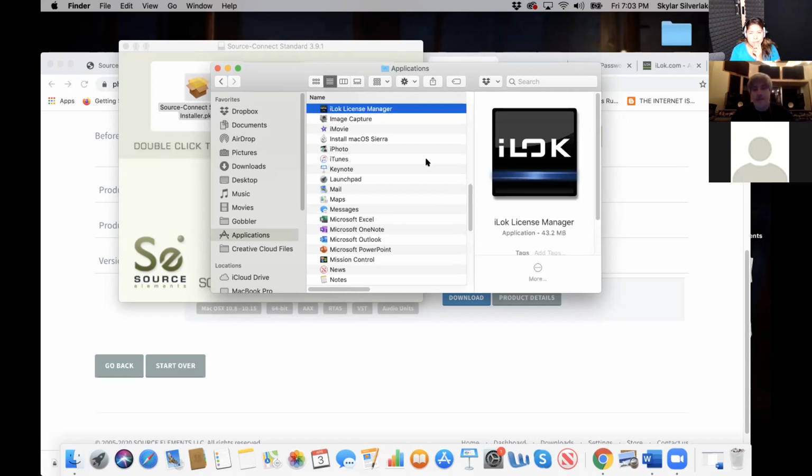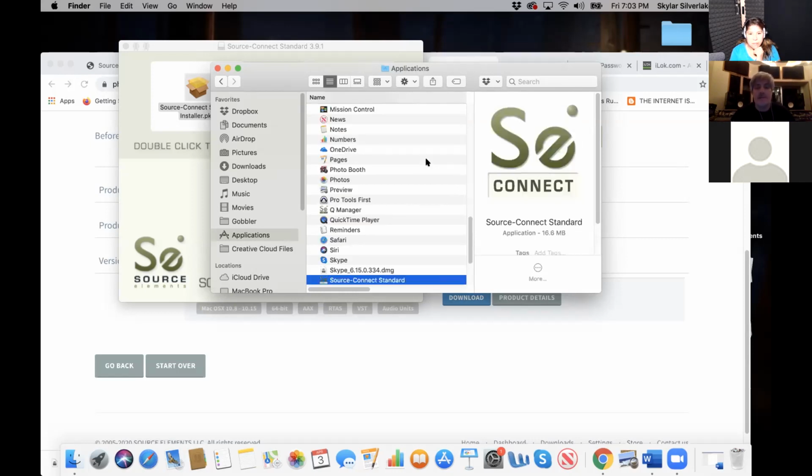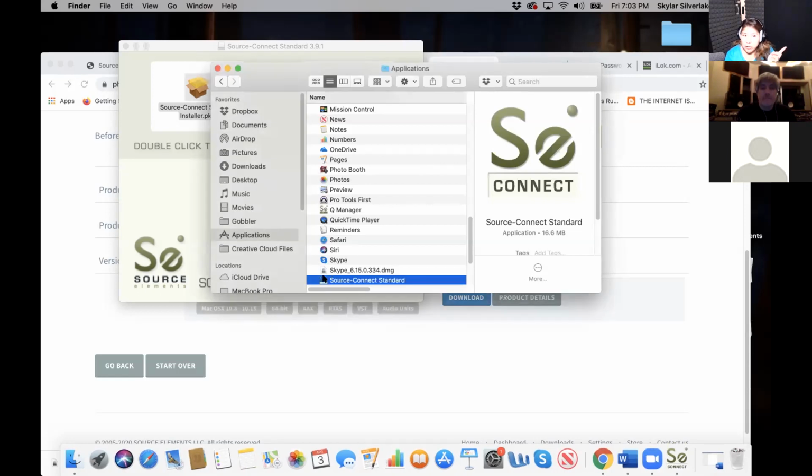But Skylar's not run Source Connect yet on this computer. So we can go straight to Source Connect and download the license inline, so to speak. So we're just going to launch the software. And one of the first things it's going to do is complain that it doesn't have a license at some point. Okay, and while it's complaining, one of the things that I learned in the last webinar is this little